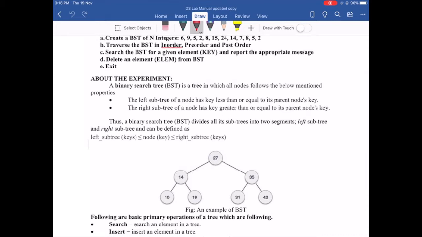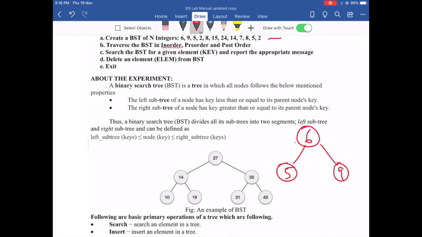So we are supposed to create a binary search tree for these set of integers. The first element that gets inserted will be taken as the root node. So 6 will be inserted as the root. Next is 9. Every time you do an insertion, you need to start the comparison with the root node. If the element is greater, you are going to insert to the right. If it is smaller, you are going to insert to the left. So 9 is greater than 6, so it will be inserted to the right. Next element is 5. 5 is smaller than 6, it will be inserted to the left of 6.